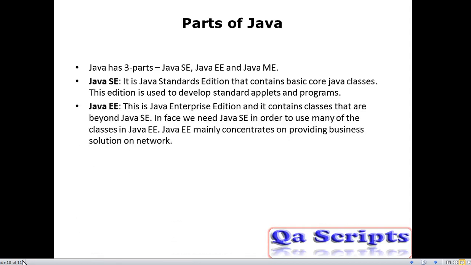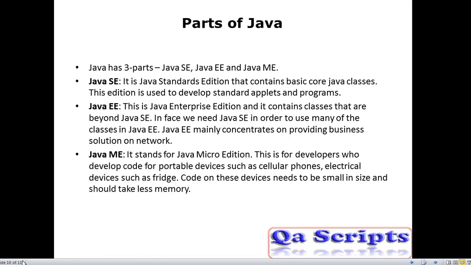Java Enterprise Edition contains classes that are beyond the Java Standard Edition. We need Java Standard Edition in order to use many of the classes in Java Enterprise Edition. Java Enterprise Edition mainly concentrates on providing business solutions on network.